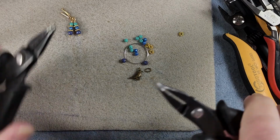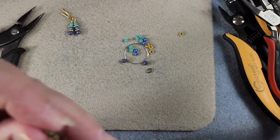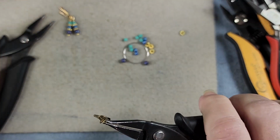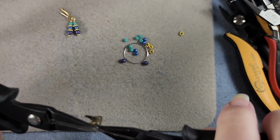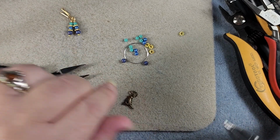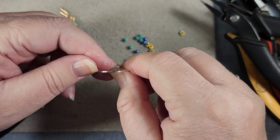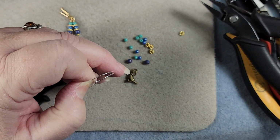So put this one on, and then this one can go on at the same time because it's just going to slide on there. It doesn't need to open ever. Okay, so there's our bird. So what we're going to do is we're going to open our memory wire up. Well, actually, we're going to